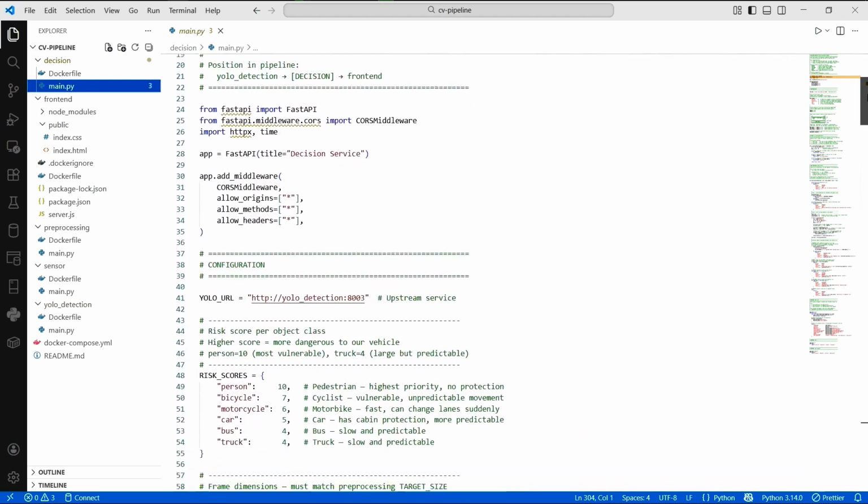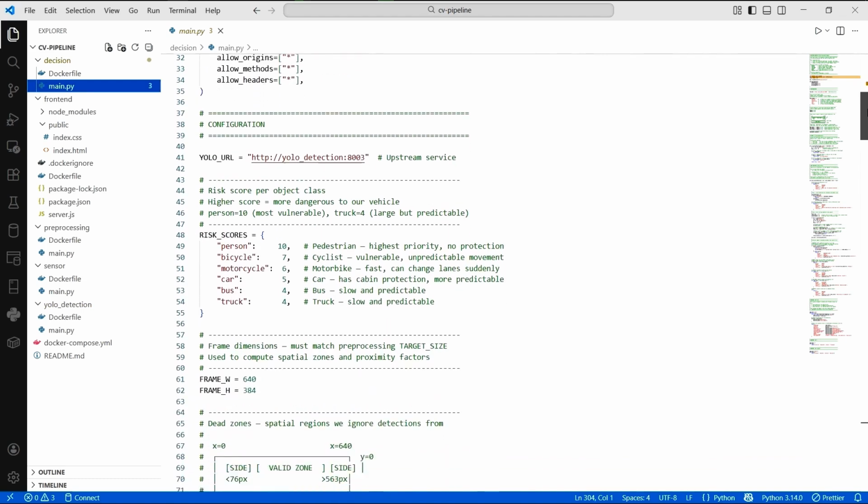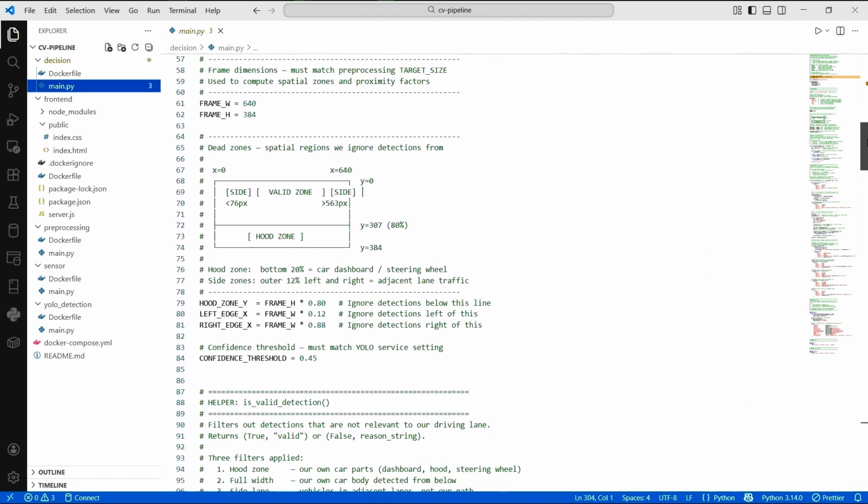Decision. Decision is the control logic. No machine learning here, pure software engineering.